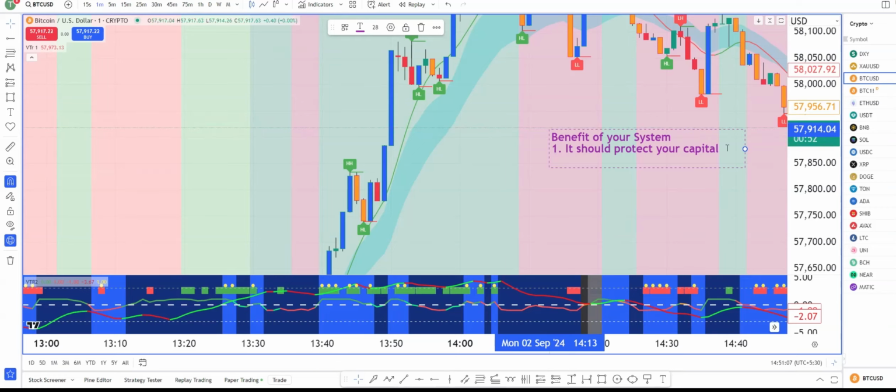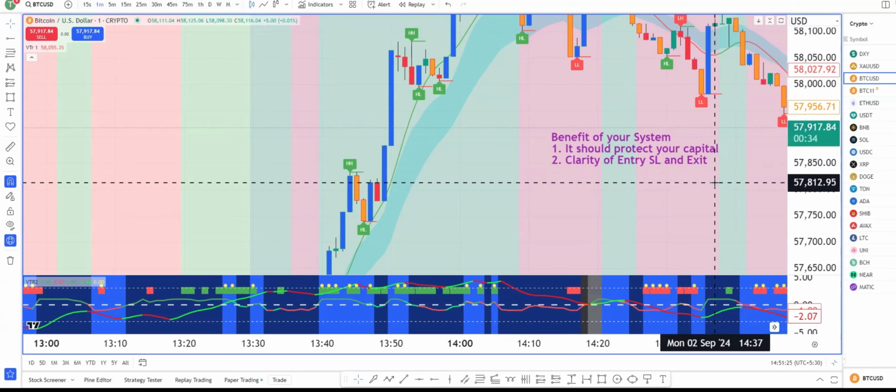Once that is done, the second part of it, it should give clarity of entry, stop loss, and exit. If these two things are done, it is over. Your trading career is set. Only these 2 points. Your system should tell you when you should enter with clarity. It should tell you when you should enter, what should be your stop loss, and what should be your exit. If these 3 things are known before you take a trade,